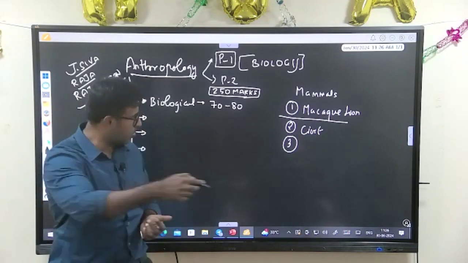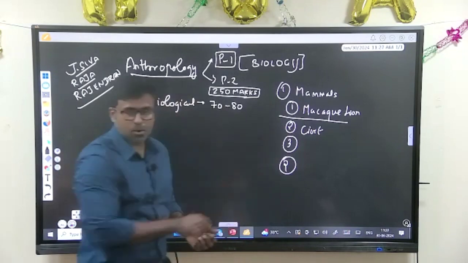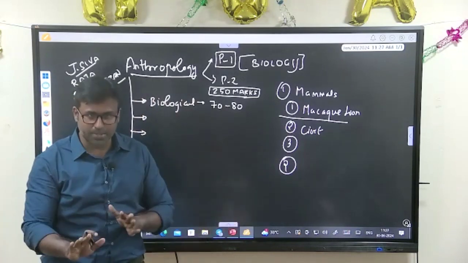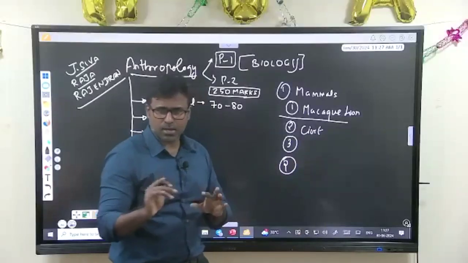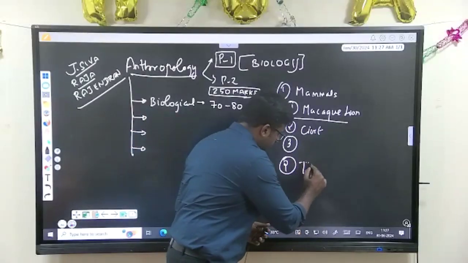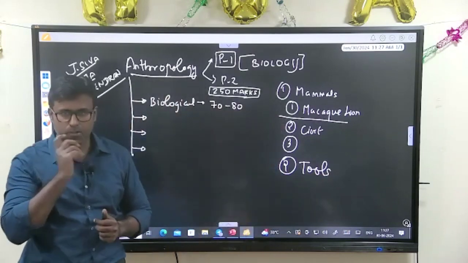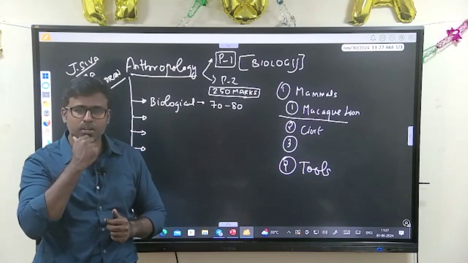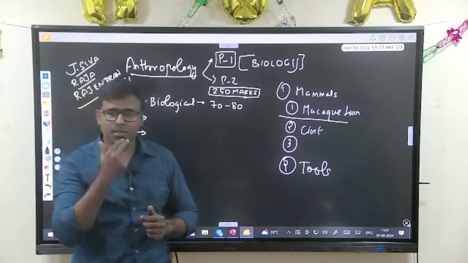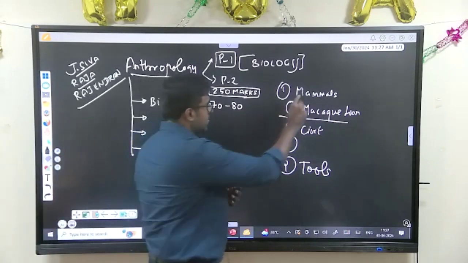One more question again. The second question also, from 2023, not now: which of the animals uses tools? I think there was one more question. The exact nature of the question I forgot. Tools. I think they have given some options. What did they give? Something like bear. They gave four options in 2023.